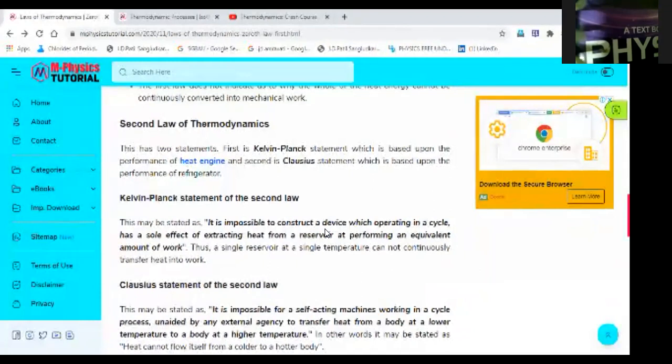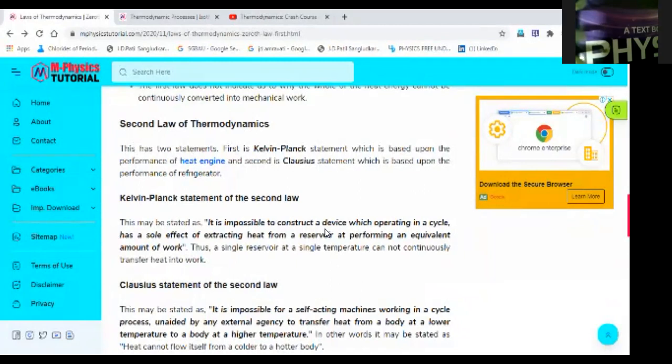उसके देखो एक वन बाय वन देखते क्या देखा था हमने. जीरो लॉ देखा, उसके बाद फर्स्ट लॉ देख लिया. फर्स्ट लॉ दैट इज कंजर्वेशन का बारे में है, ये भी हमें पता चल गया. अब जाते हैं सेकेंड लॉ के थर्मोडायनामिक्स की तरफ. ठीक है. दिस हैज टू स्टेटमेंट. फर्स्ट केल्विन एंड प्लैंक स्टेटमेंट based upon the performance of heat engine, and second is Clausius statement which based upon